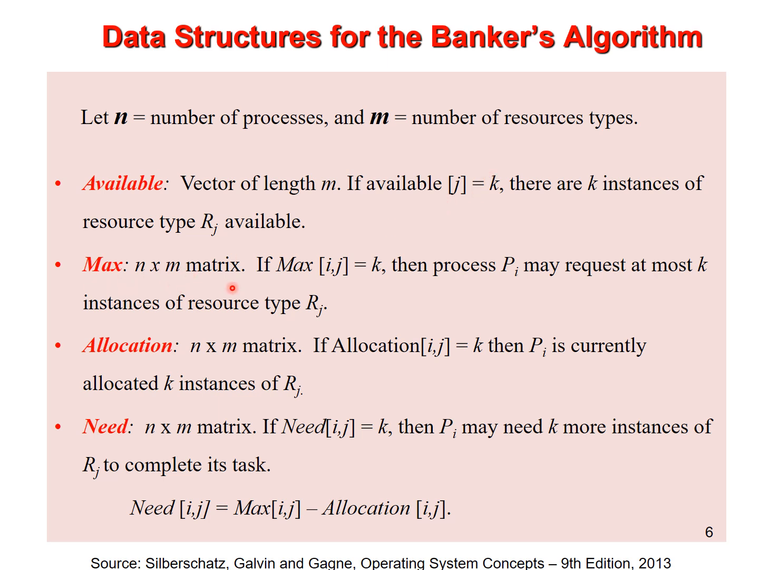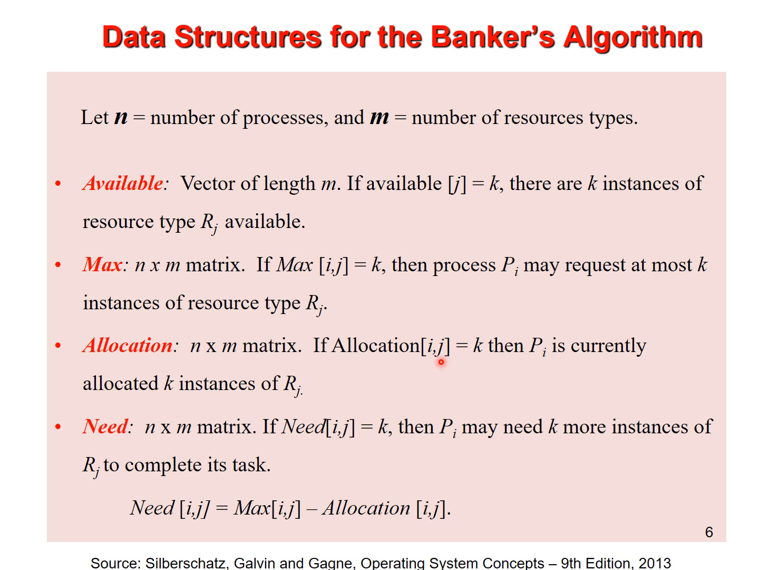Max is an n cross m matrix. If max of i comma j equal to k, it means process Pi may request at most k instances of the resource type Rj. Allocation is an n cross m matrix. Allocation of i comma j equal to k means process Pi is currently allocated k instances of the